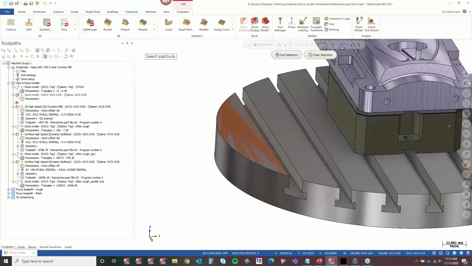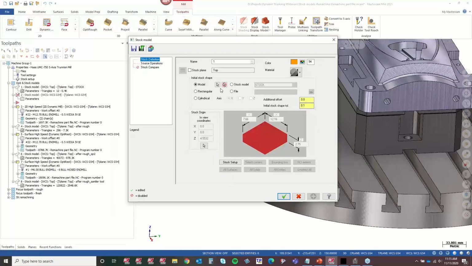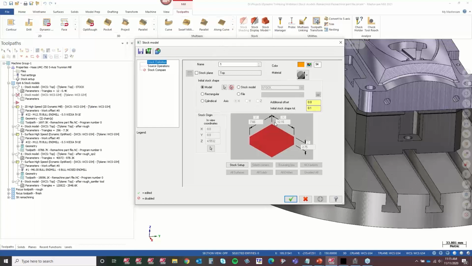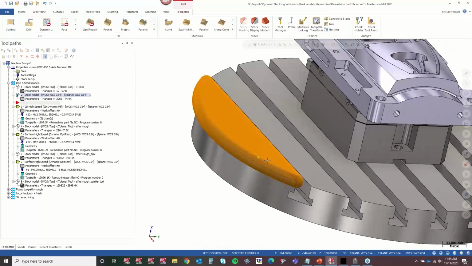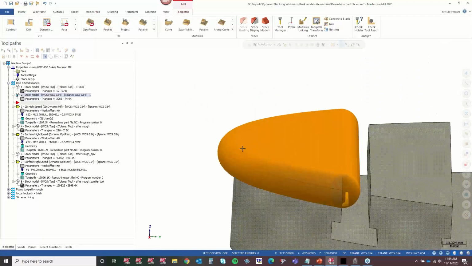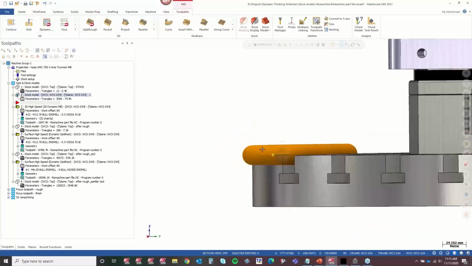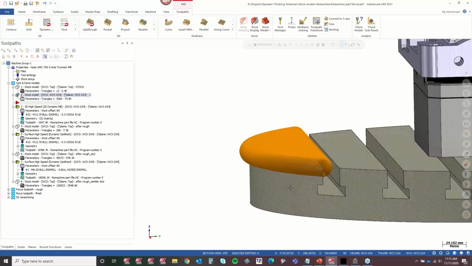So I can say for a model, I want to pick only surfaces. I'll pick this, right? And if I just leave it at that, I'm not going to get a lot out of it. But there's this additional offset field. So I could say, well, let's put another 10 millimeters of offset on this stock model. And what that's going to do is turn a sheet body into a piece of stock. Now, I'm just showing you this. It doesn't look all that exciting right now. But when we get into the multi-axis side of things, that's going to be very, very powerful. Okay, so keep that in mind as we progress through this.